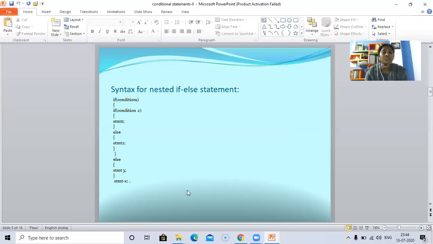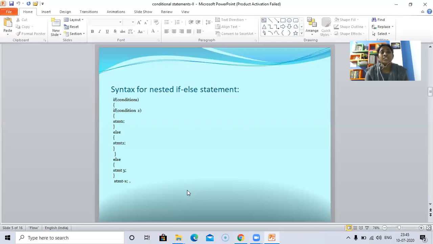There are three criteria to be noted in order to understand this nested if-else statement. Criteria 1: if condition 1 is true and condition 2 is also true, then statements block 1 gets executed. Criteria 2: if condition 1 is true and condition 2 is false, then the else statements block 2 gets executed.